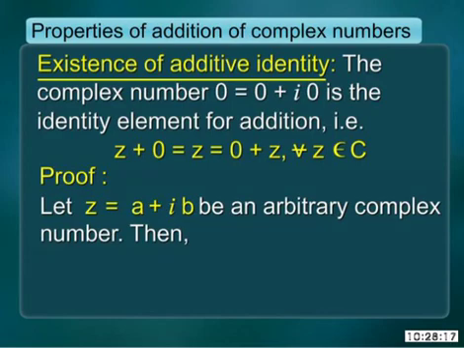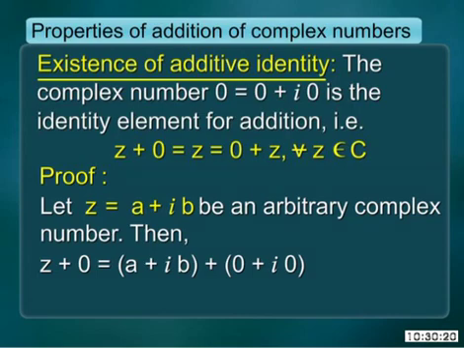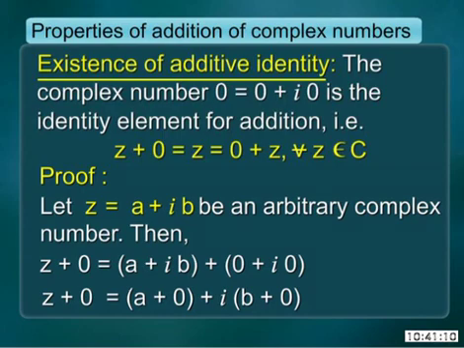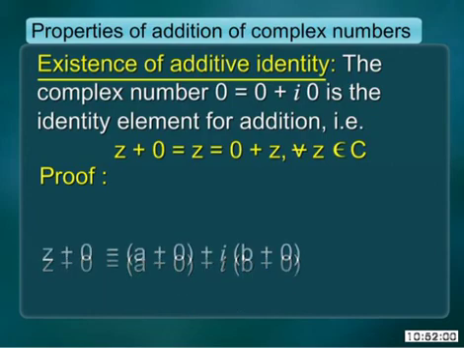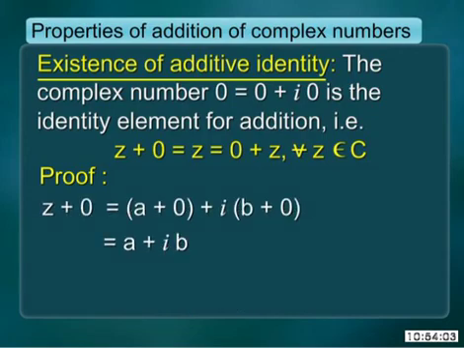Then z plus 0 is equal to a plus iota b plus 0 plus iota 0, which is equal to a plus 0 plus iota into b plus 0, which is further equal to a plus iota b, which is equal to z,